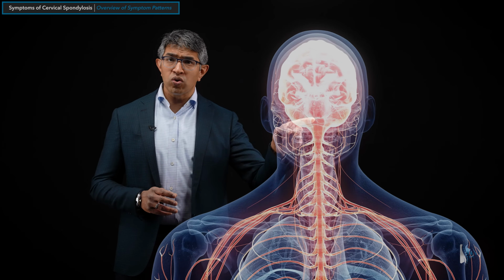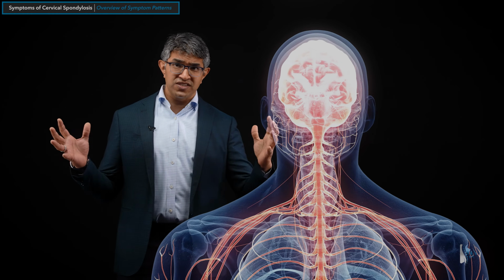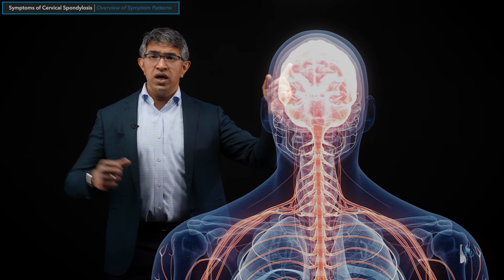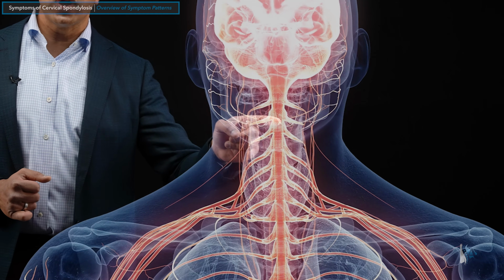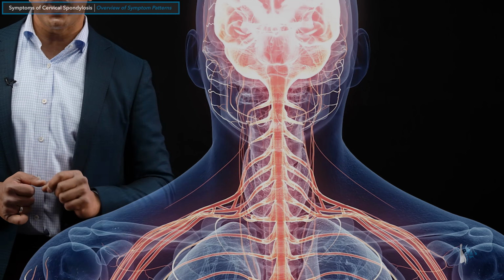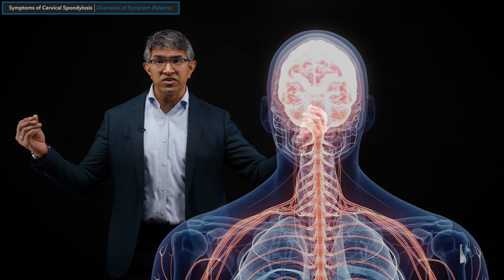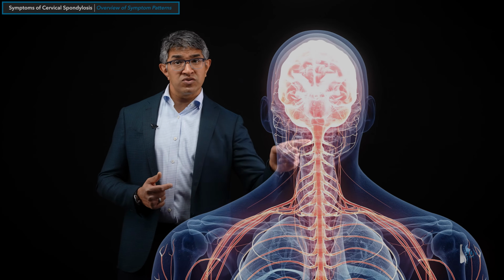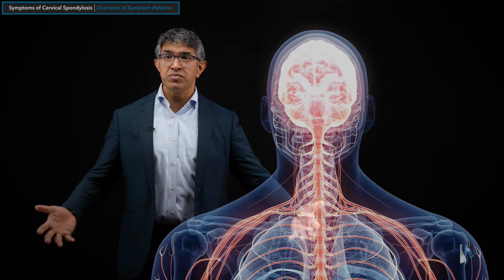The spinal cord is like a tree trunk. It conducts all the signals, in the case of a tree, from the ground all the way up into the branches out to the leaves. Here, the spinal cord conducts signals from the brain down through the spinal cord into the branches that are called spinal nerves that then descend further into other nerves and into a rich network that goes all the way out to your fingertips in the arms, but down even into your legs. So the spinal cord in the neck will, of course, even affect symptoms in your chest, abdomen, down into your